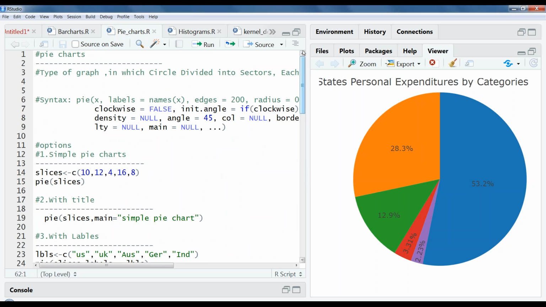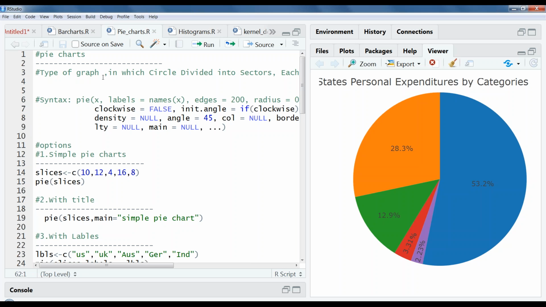Coming to the pie chart, we are going to use this for a categorical variable with a limited set of values, not like 20, 30, 40. There is no certain standard, but I can say around 6 to 7, below that.